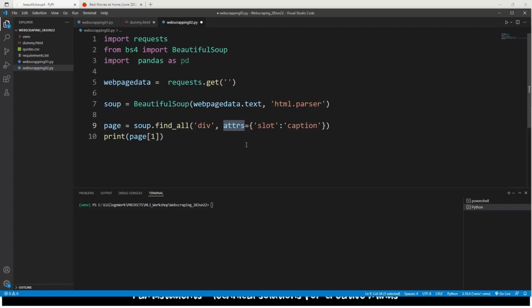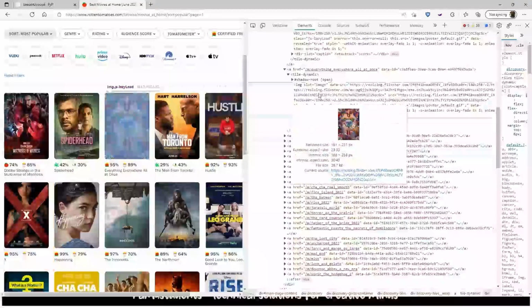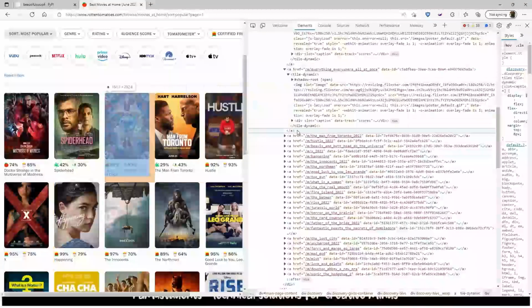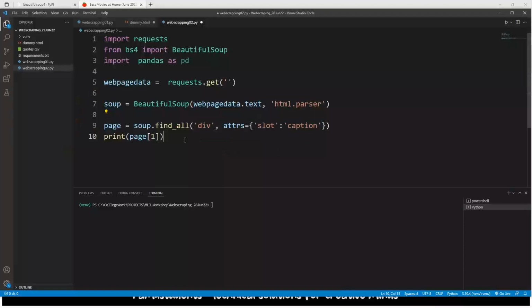Rather than using class like previously when we were working with the codes, here I'm using attrs and it's a dictionary, and the key is slot and the value is caption. So if we come back here, can you see slot equals caption? So we took slot as a key and caption as a value. You can use data-track and all the things, but this is the best one. So let's come back here and I'm going to print